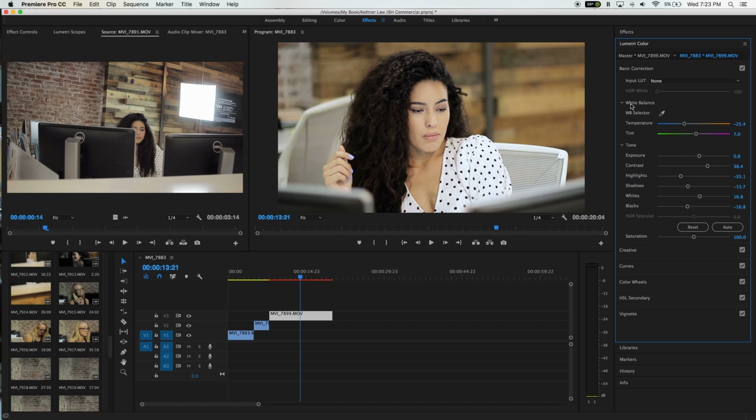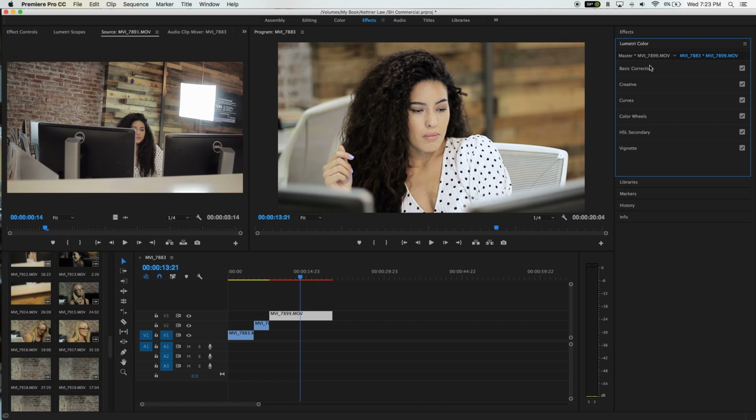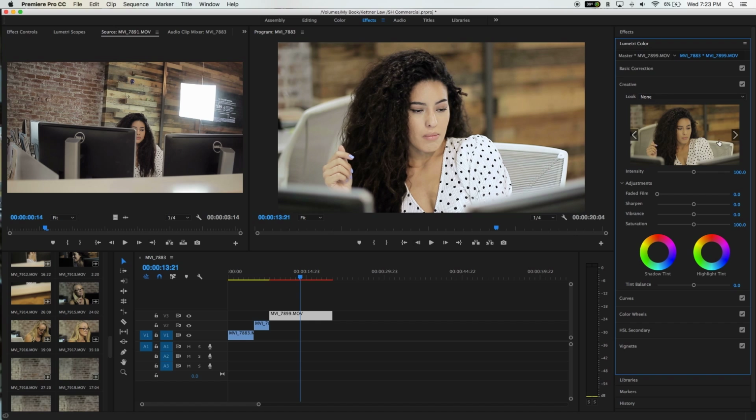We're not playing with too much color now, where this is mostly exposure, tone, and white balance, right? So first you mess with the white balance. You can even tap this and go to the whites in the shot, but then it changes it up, and I don't like that look, right? So go back, and I like to do a custom look, right? Tone, exposure, contrast, all that is set to whatever you want. The saturation, maybe tone it down a little bit, because we are gonna play with the colors individually, right? So now press this basic correction,